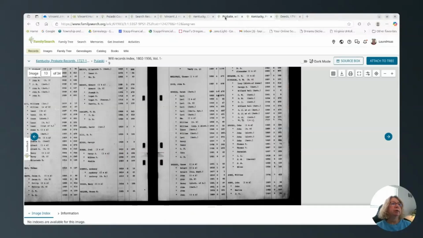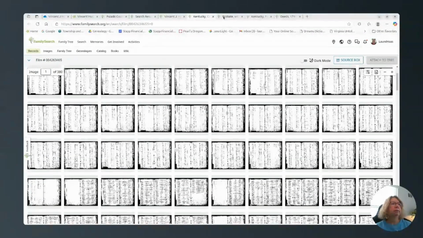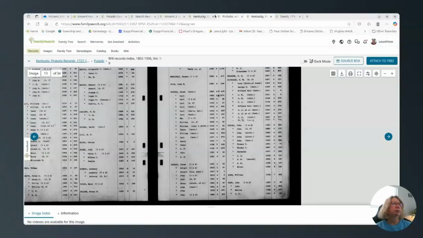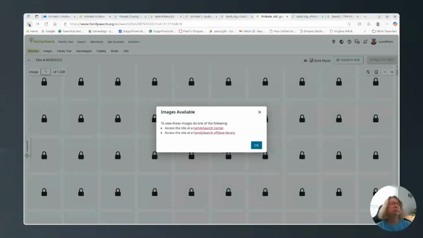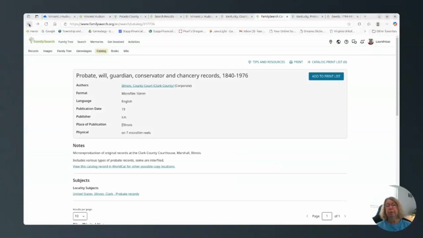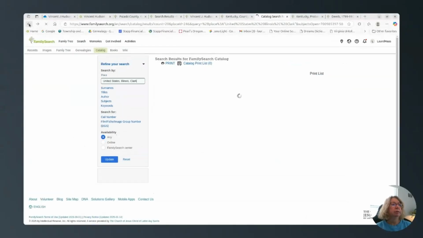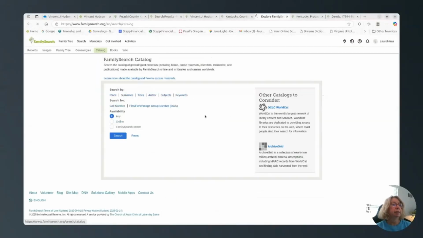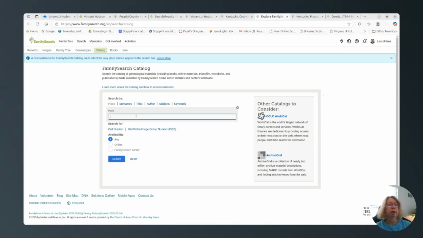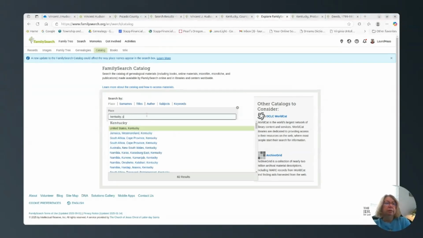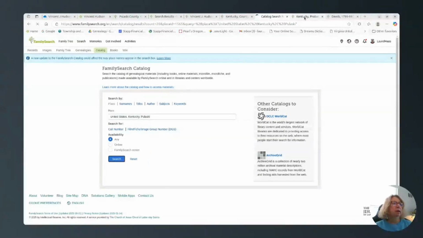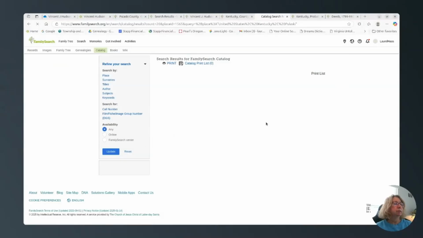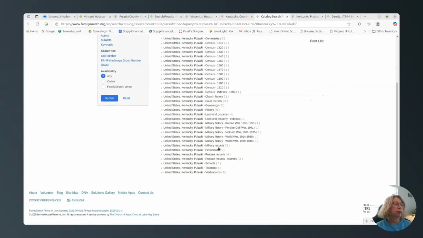All right, here. Let me go back here and show you where we started. So knowing that we are going to have to take a road trip to get those Clark County records, I'm just going to go back to the catalog here and let's take a look at Pulaski County, Kentucky. Okay, so here we are in Pulaski County, and we're going to go to the probate collection once again. So here are the probate records,